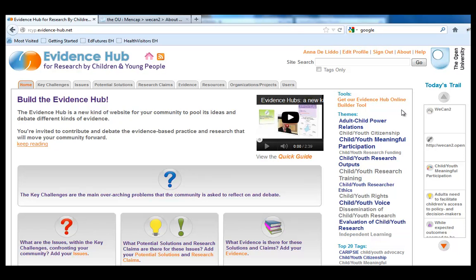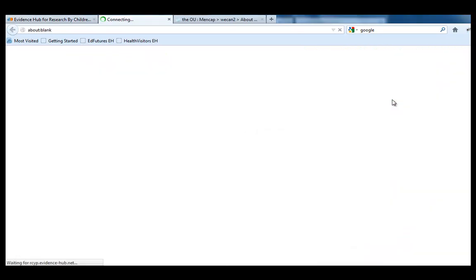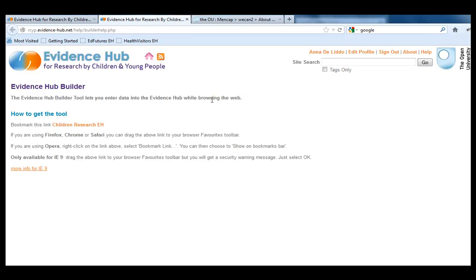One of the goals of the Evidence Hub is to bring together practitioners, researchers, and policymakers, who all appeal to quite different kinds of evidence, from research publications to practitioner reports, videos from the field, and policy documents. A lot of these are online, and so